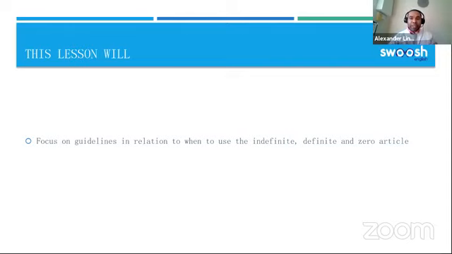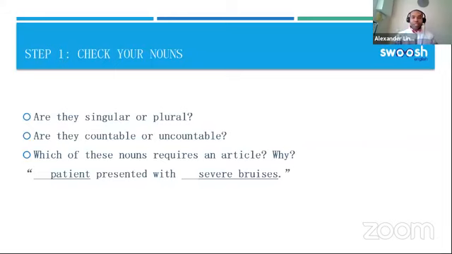So there are some rules here which are quite simple that we can look at. Some of them which take a little bit more time to digest. But as I say, I'm going to provide an overview here, and I'm going to provide an opportunity to do a little bit of practice at the end. So together, hopefully, we can do some useful practice. So first of all, then, let's just have a quick look. Check your noun. So articles are only ever going to be used as part of a noun phrase. There has to be a noun which the article is in some way qualifying.